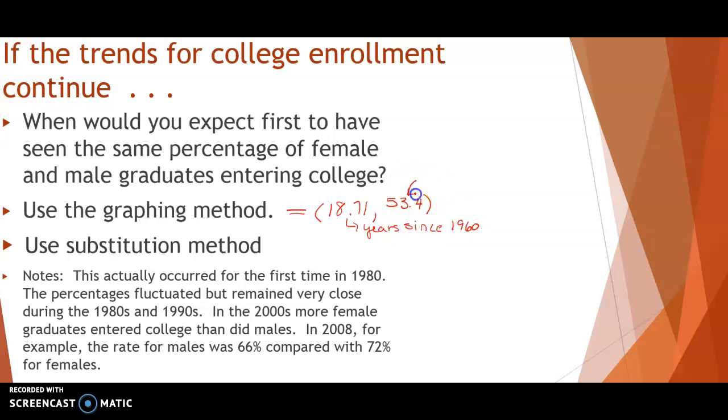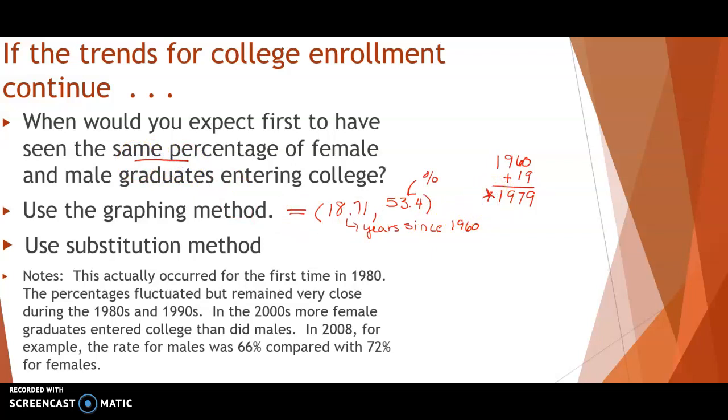And the second number was the percent. So if I take 1960 and I add to that approximately 19 years, I would have 1979. So my prediction is that the males and the females would have the same percentage in